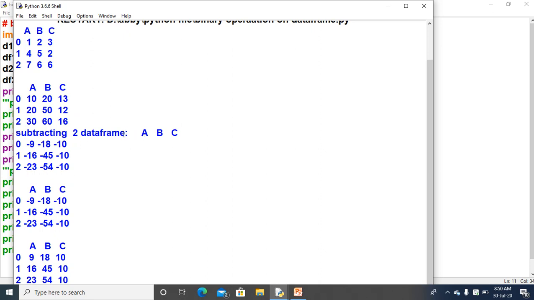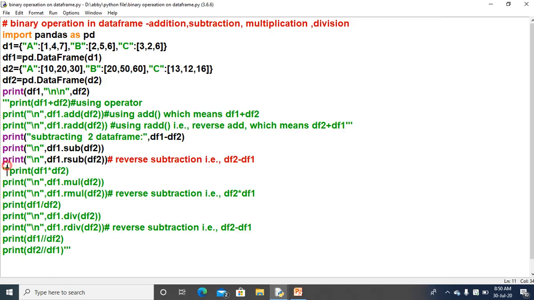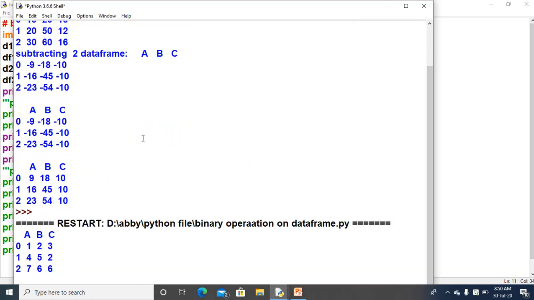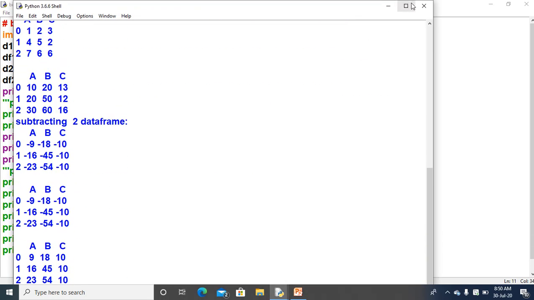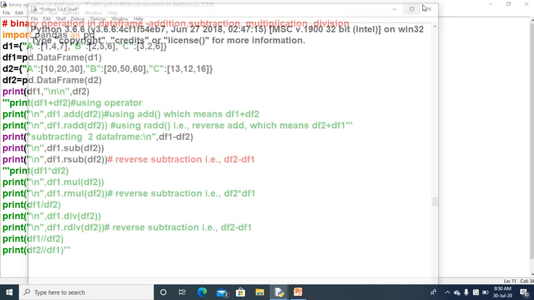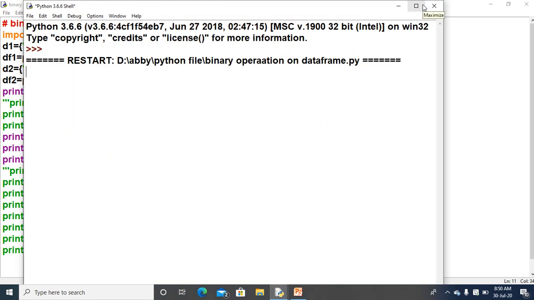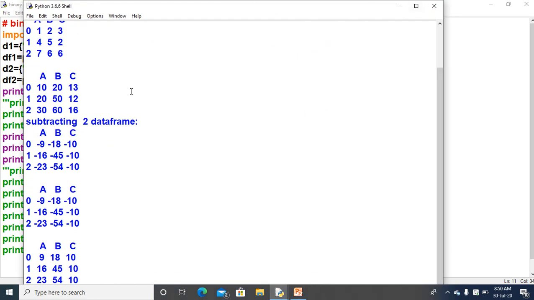If I add a slash n, one new line, then you will get a clear output. First data frame, subtracting the two data frames. This is using df1 minus df2, and this is with the help of the function sub.